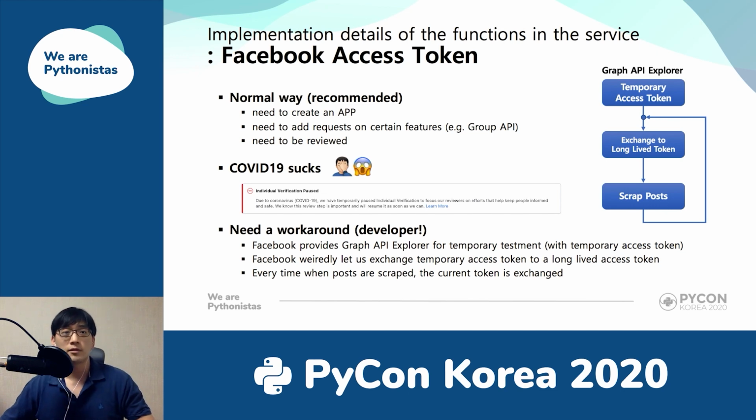First, you grab a temporary access token via Graph API Explorer, which is a playground for Graph API. Then exchange the temporary access token with a long-lived one. Facebook provides an API for this. The temporary access token only lives up to less than a day or so, but the long-lived one lives up to more than a week. So whenever grabbing and parsing Facebook posts,